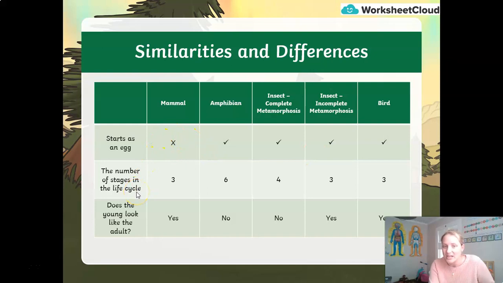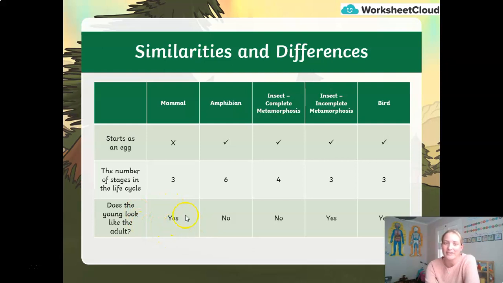The number of stages in the life cycle have been written. So mammals have 3, amphibians 6. The complete metamorphosis 4, the incomplete 3, and birds have 3. And does the young look like the adult? Well, yes, for mammals, although obviously they can look a little bit different. You know, some mammals obviously are born without hair and they grow hair, or fur, but generally they are